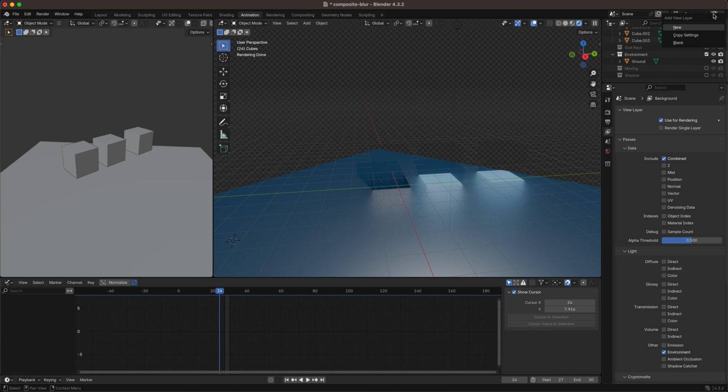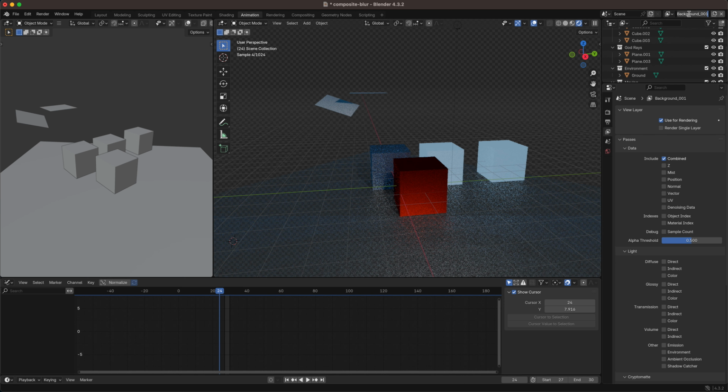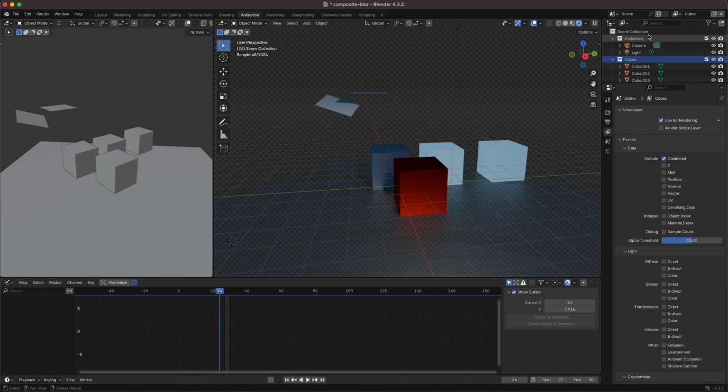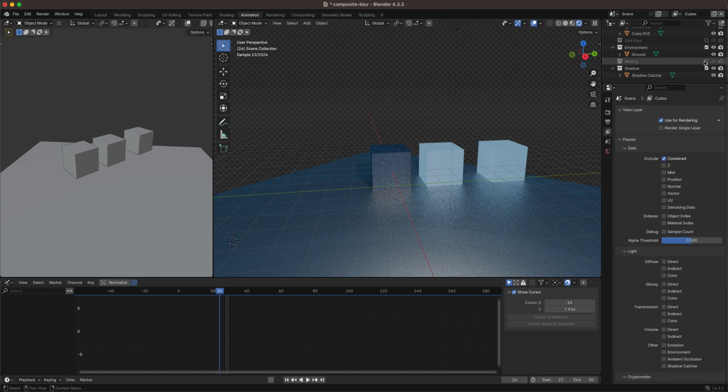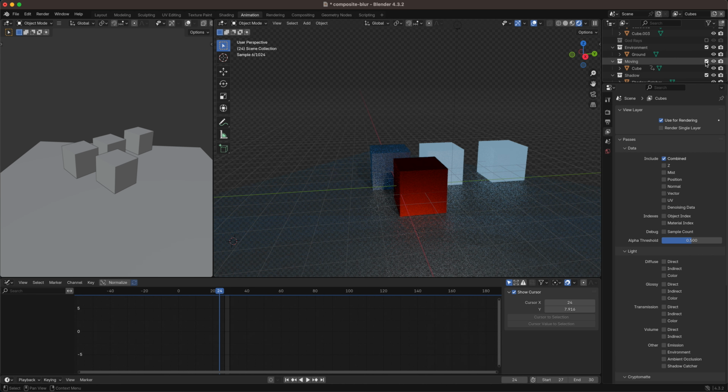Next up, I'm just going to make a new view layer. This one is going to be for the background cubes. I'm just going to call this cubes. Now I'm going to keep the original camera available and light. I'm going to keep the cubes. I'm going to turn off the God rays because I don't need them. I'm going to keep the moving collection turned on, but